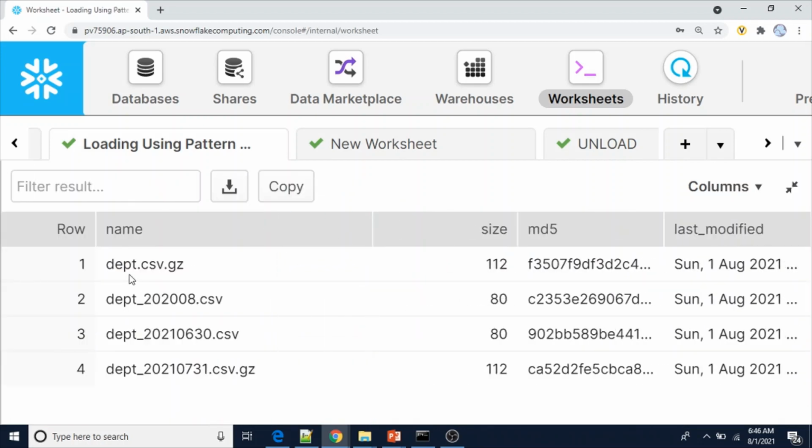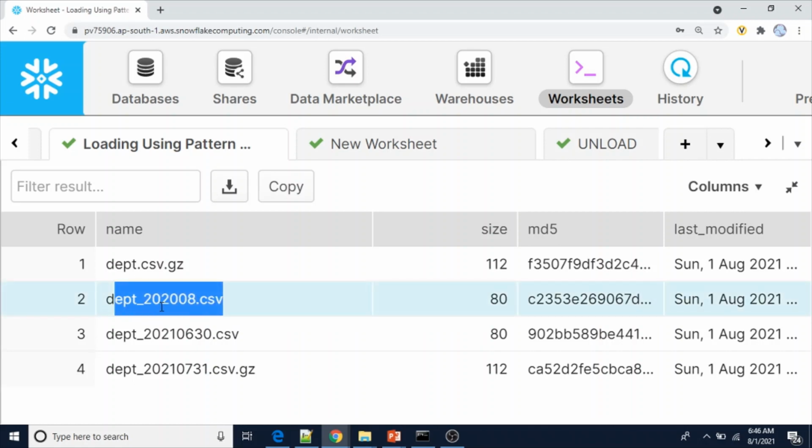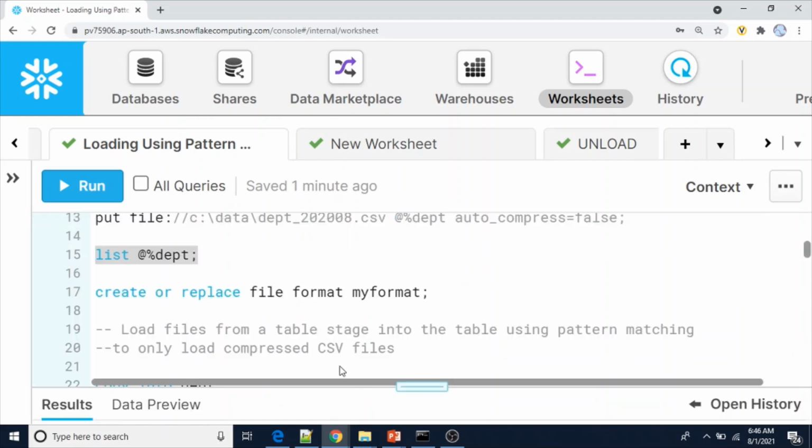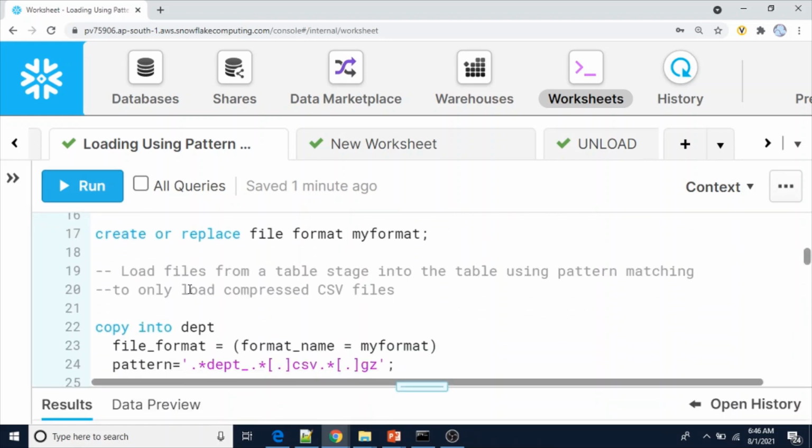The first one is dept.csv.gz, that means a zip file, and this is dept underscore 2020, and this is dept underscore 2021 June 30.csv, and this is dept 2021 July 31st.csv.gz.